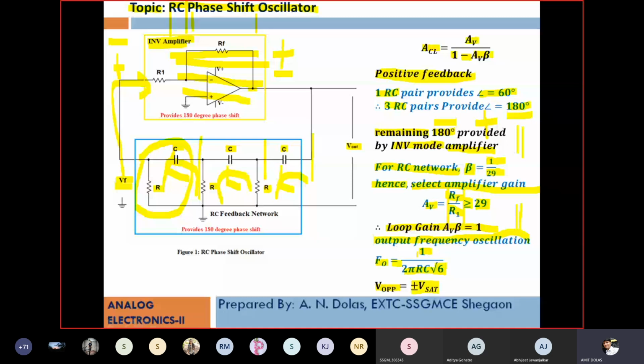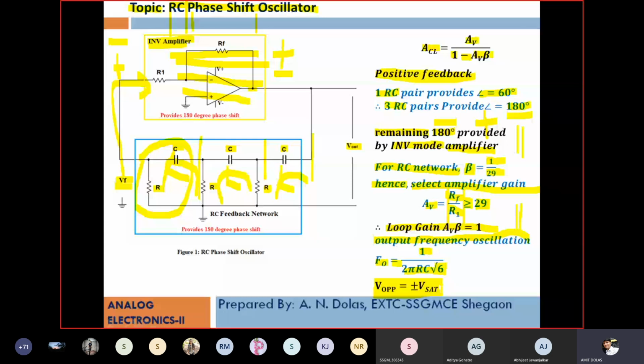For an example, suppose 15 volt is the power supply to this amplifier, that is 15 volt plus and 15 volt minus, then the saturated value is approximately equal to plus 13 volt and minus 13 volt. So 13 and 13, it will be 26. So a maximum of 26 volt peak to peak you can achieve for this type of circuit. That's why it is said the maximum peak to peak output, because in a design numerical somebody may ask you to calculate or justify the peak to peak output for RC phase shift oscillators. So it will be plus minus Vsat.